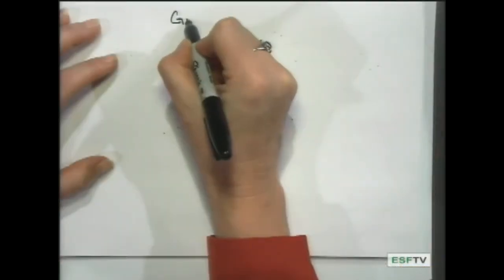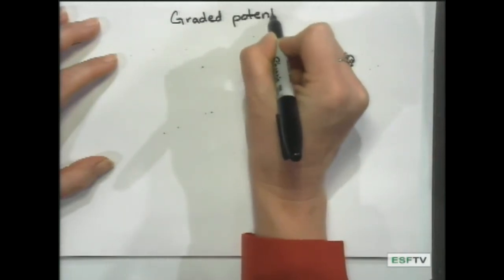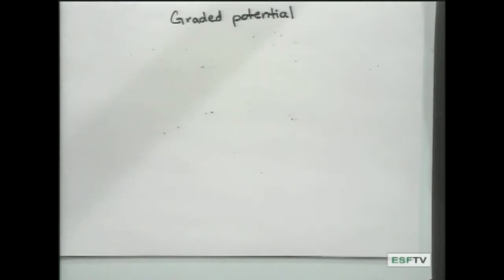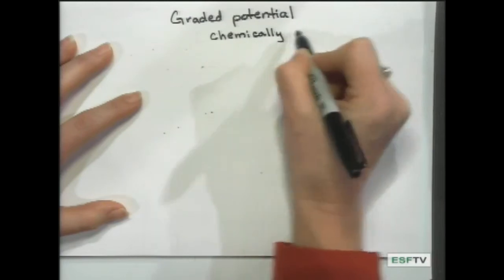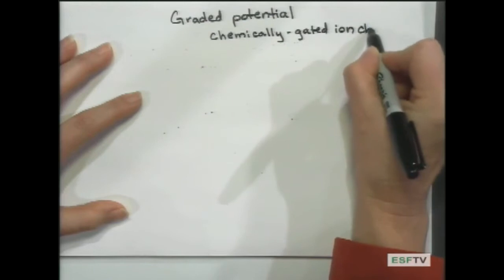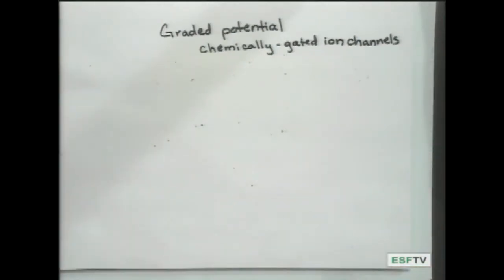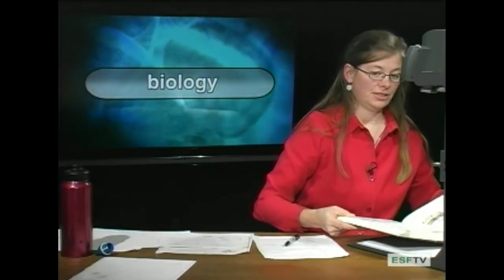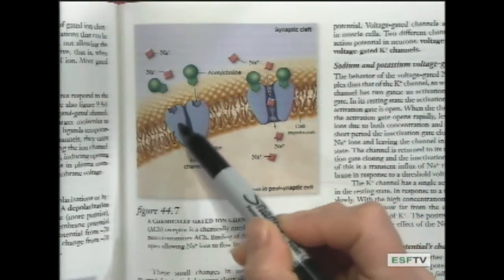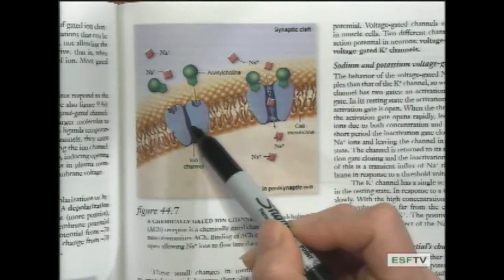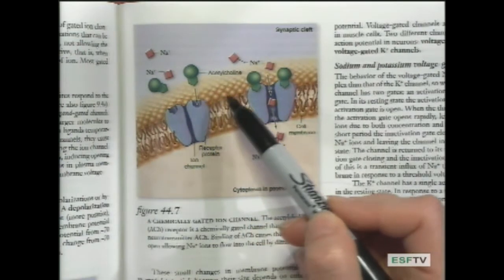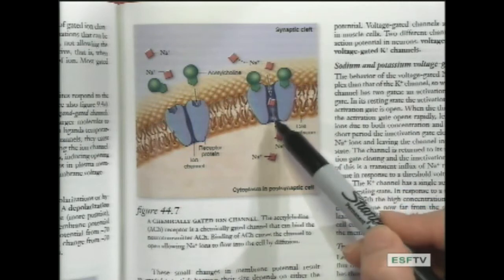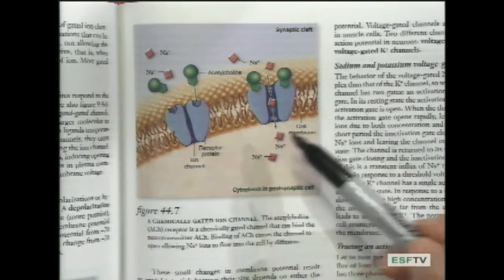So you can have a graded potential, and this is a transient change in the membrane potential, and it's due to chemically gated ion channels. Okay, and let's take a look at one of these chemically gated ion channels within the text. So here's a receptor protein within the membrane, and this is an ion channel that is closed until a neurotransmitter, a chemical within the extracellular fluid, comes in, binds to this receptor protein, which leads to the ion channel opening, and at that point you get an influx of ions, which is going to change the membrane potential,